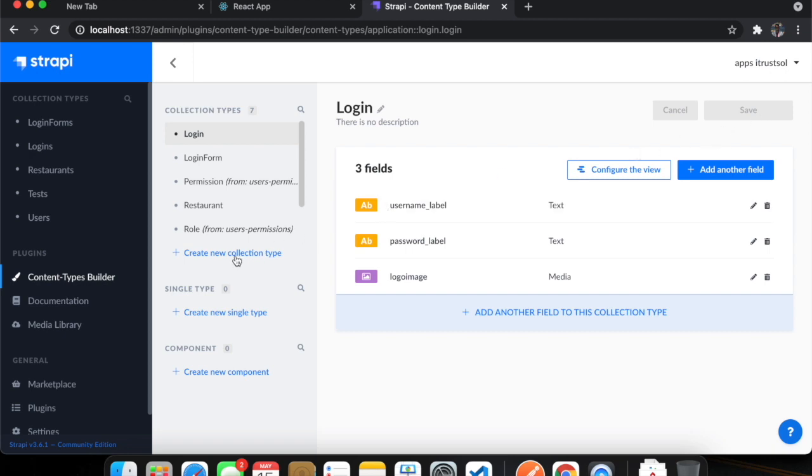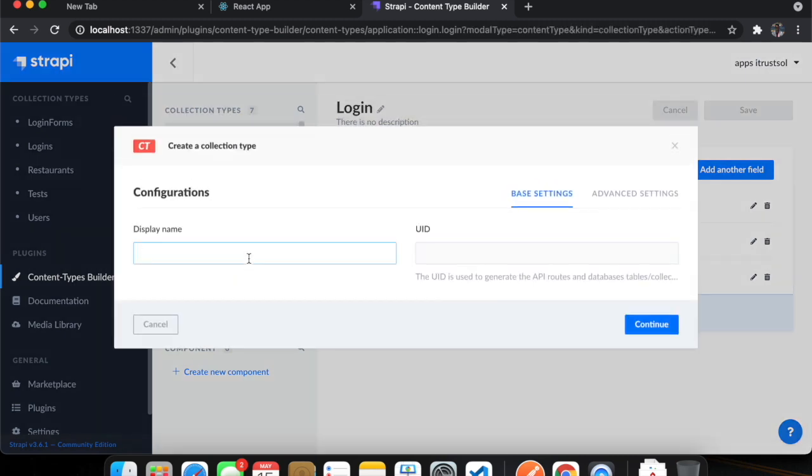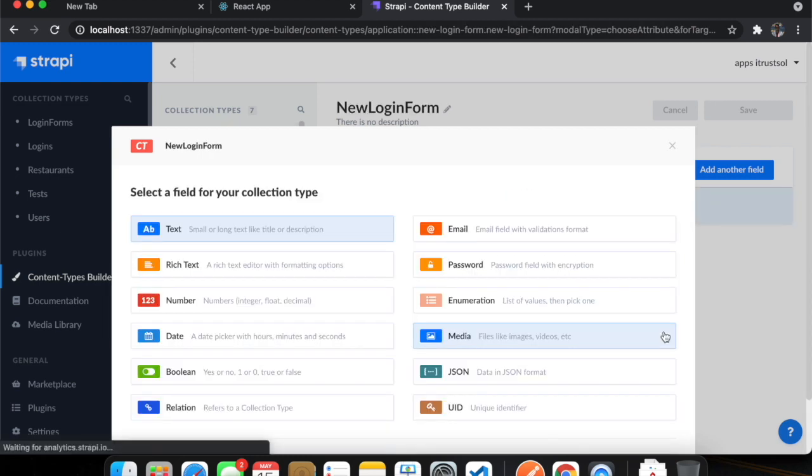Let me quickly show you how to create a new collection type. I'll name it new login form and click continue. You need two text fields, one to hold the username label and the other to hold the password label.